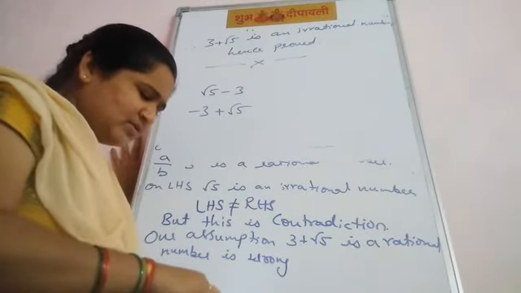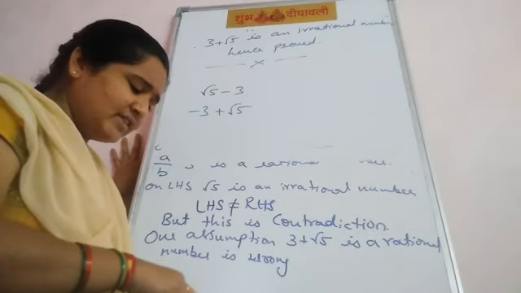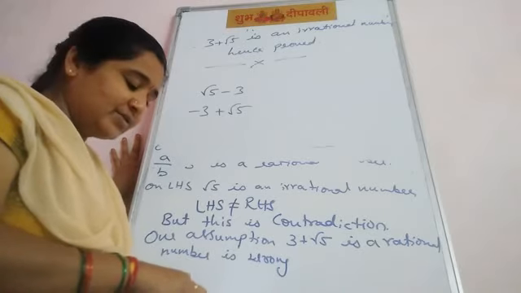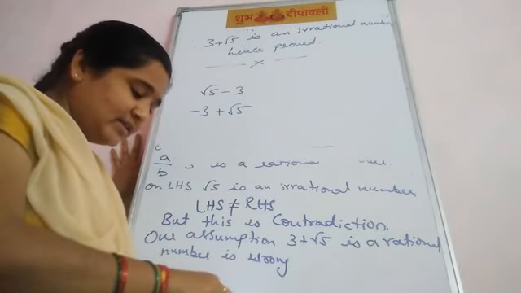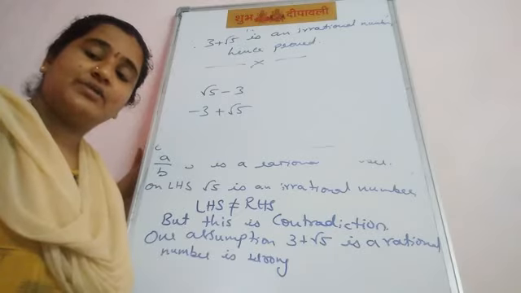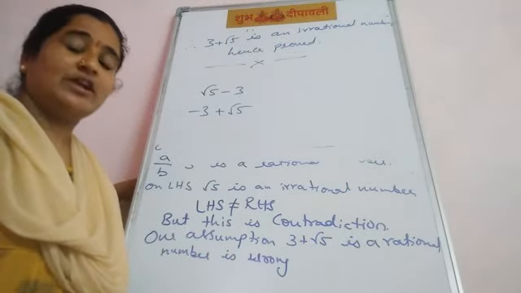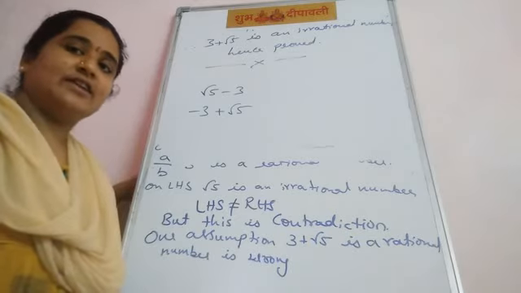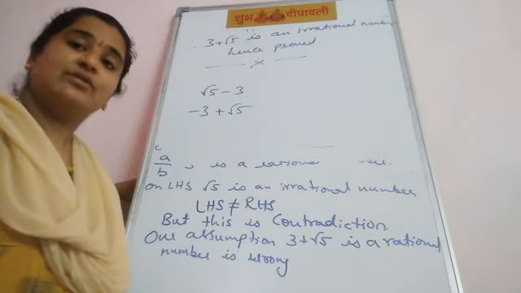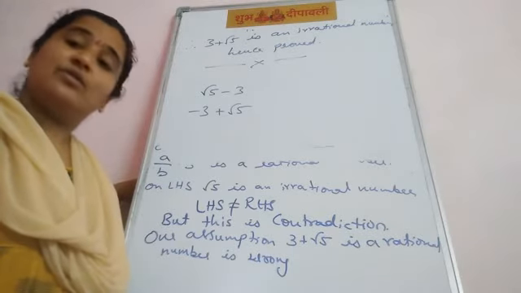Now, coming to the third bit. In the third bit, what is given? Show root 5 and root 10 on a number line. Represent the numbers root 5 and root 10 on a number line. These two questions you know that you can solve. In 8th class, irrational numbers shown on a number line, many questions we have done. So you have to take it as homework.